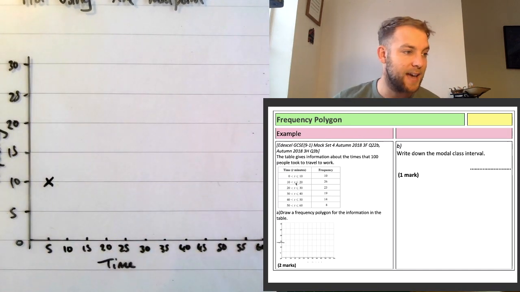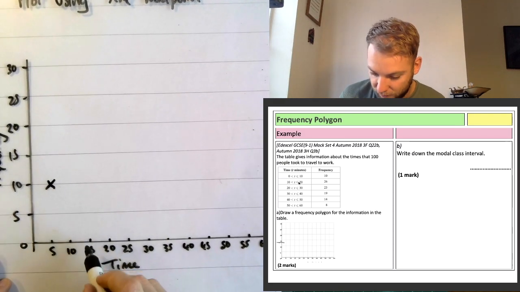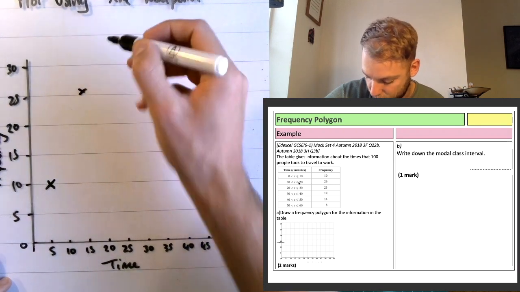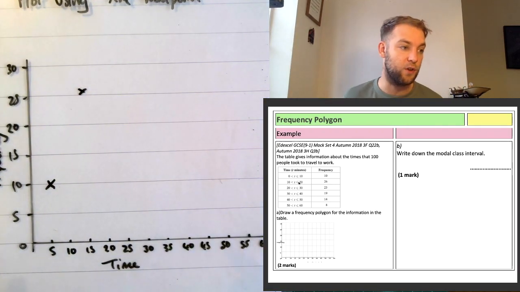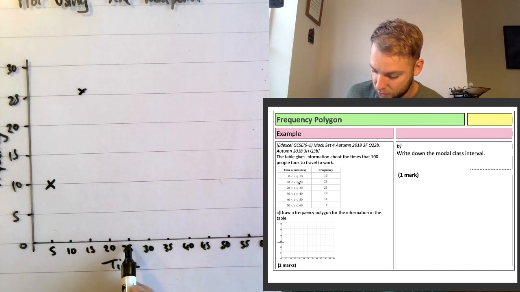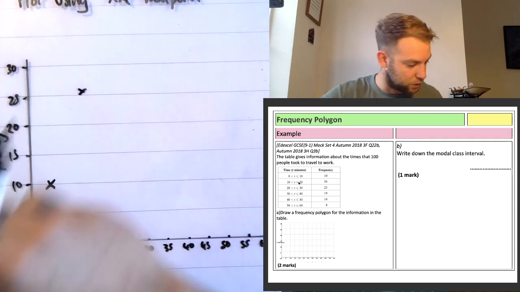Well, the midpoint between 10 and 20 is 15, and that one I'm going up by 26. So 15, 26, which is going to be there like so. Next one is going to be 20 and 30 is 25, and then up to 23. So 25 and up to 23, which is going to be, I'm going to use my ruler for this just